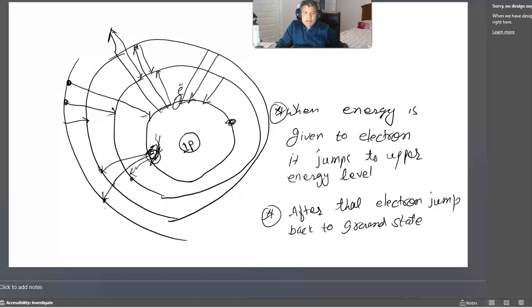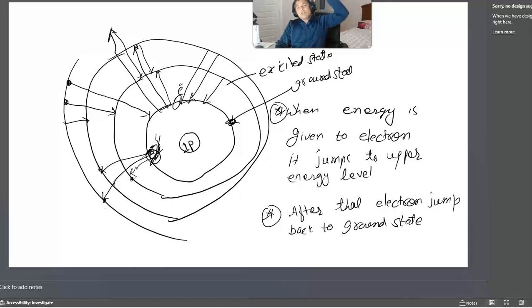The smallest energy level is said to be the ground state, which is the level where the electron has the smallest energy. The other energy levels are said to be excited states. They are excited. So this is the first excited state, this is the second excited state, that will be the third excited state, like that. Okay, so when they jump back to the ground state from the excited state,